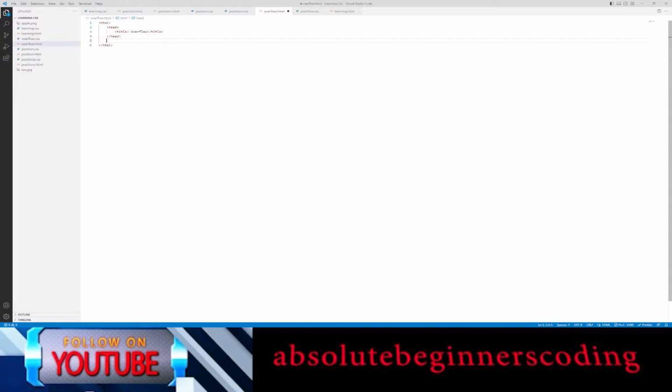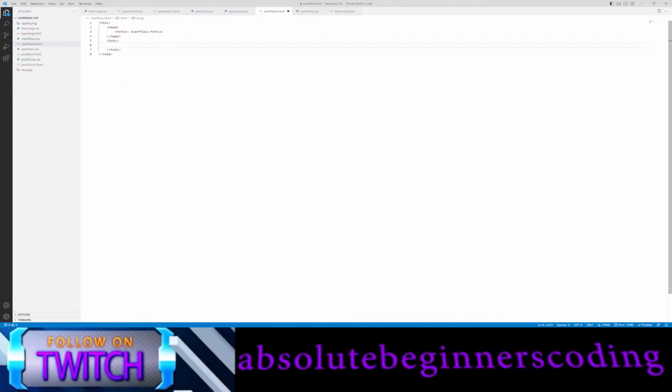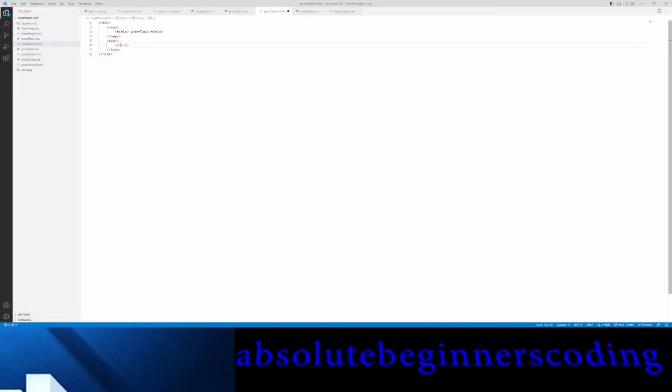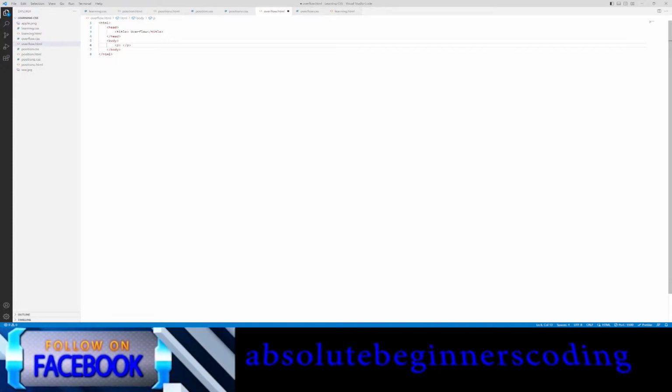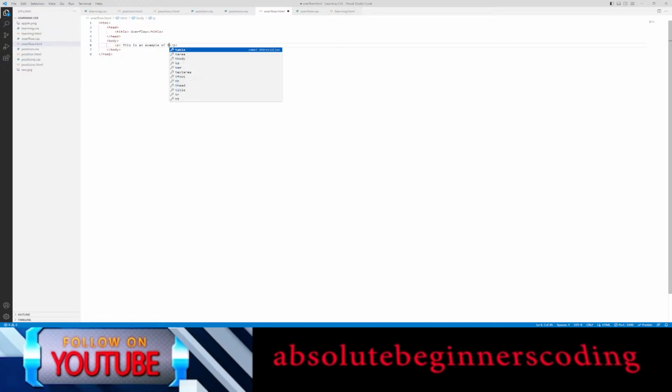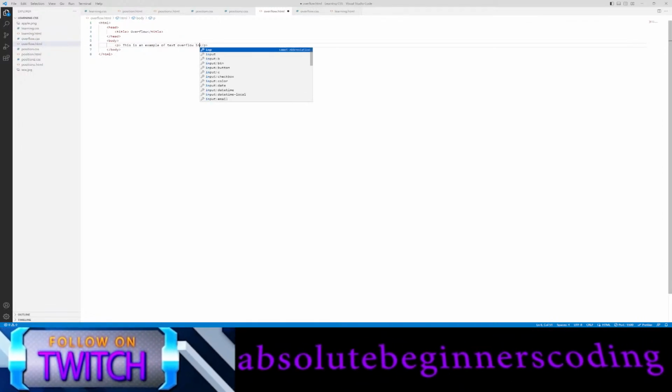Let's go back to the body, and let's type something. We create a paragraph, and it's like, this is an example of text overflow in